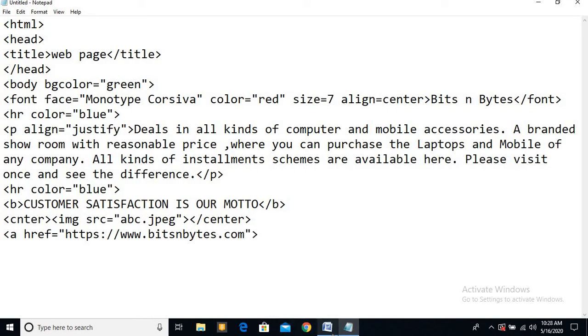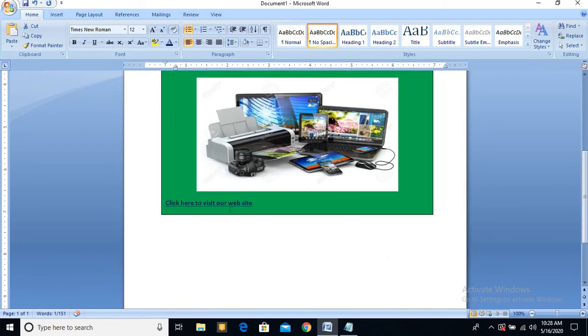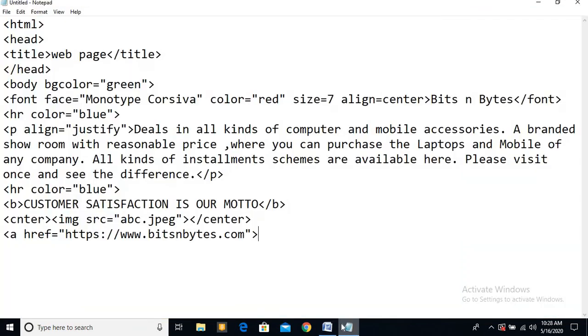Now the name of the link. So what is the link name? Click here to visit our website. This is the link so that when the user clicks here, then it will go to the website which is given to you. Then here the link name is click here to visit our website. Okay, then you can close the anchor tag. A tag. Look, whenever you create the link to a web page, you always use the anchor tag. href stands for hyperreference, A stands for anchor.